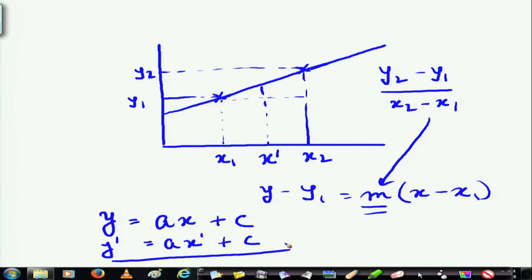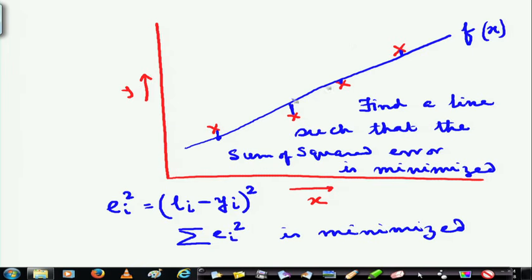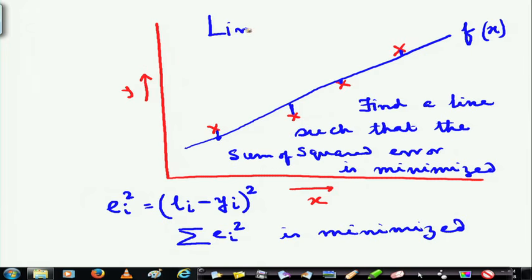That is straightforward. But the problem is that often it is not only 2 points, but the points are rather distributed, as I was showing in the earlier one, where I do not get an exact line that is cutting through all the points. I will try to minimize the error, and I will choose such a line. Now, when I choose such a line, that means I have chosen an equation, and therefore, again from that linear equation I can find out the value of y for any given x. So, this approach is known as linear interpolation.